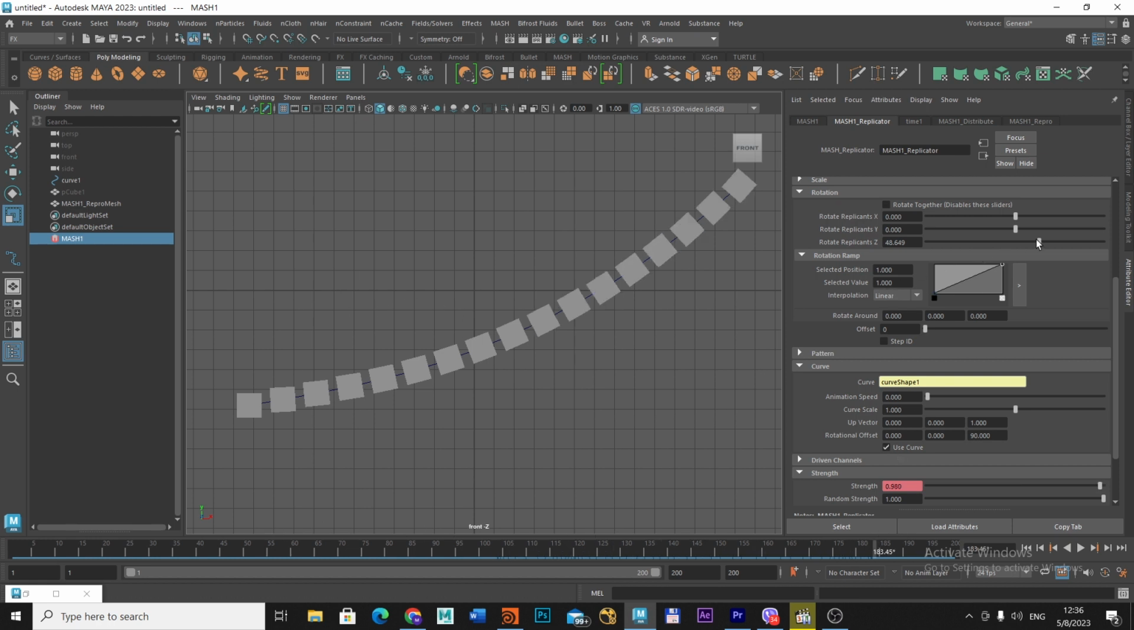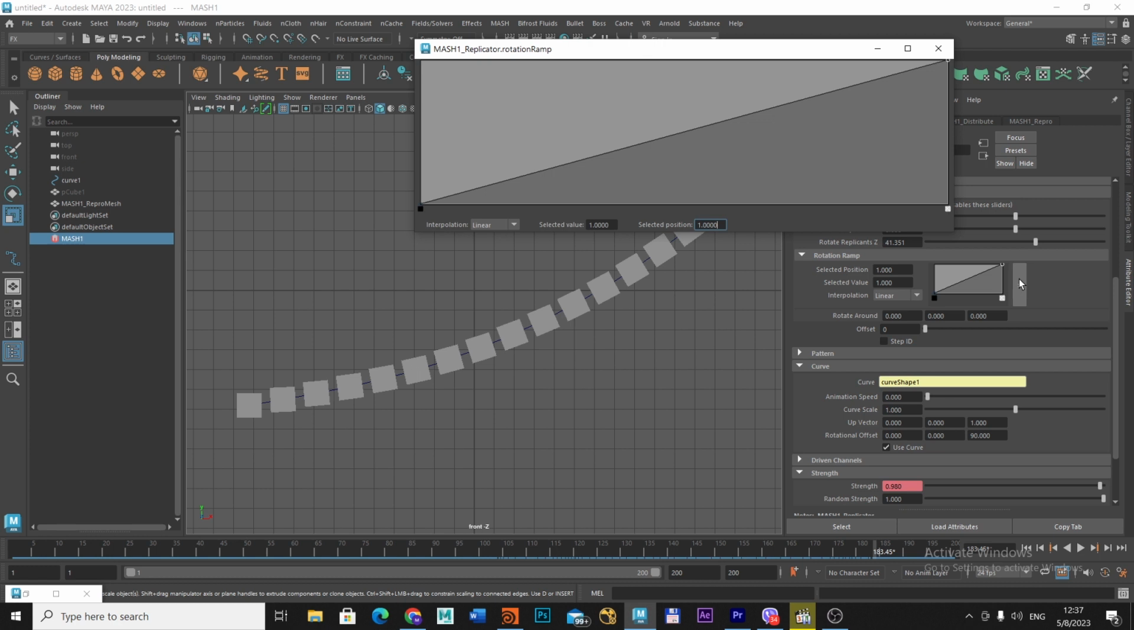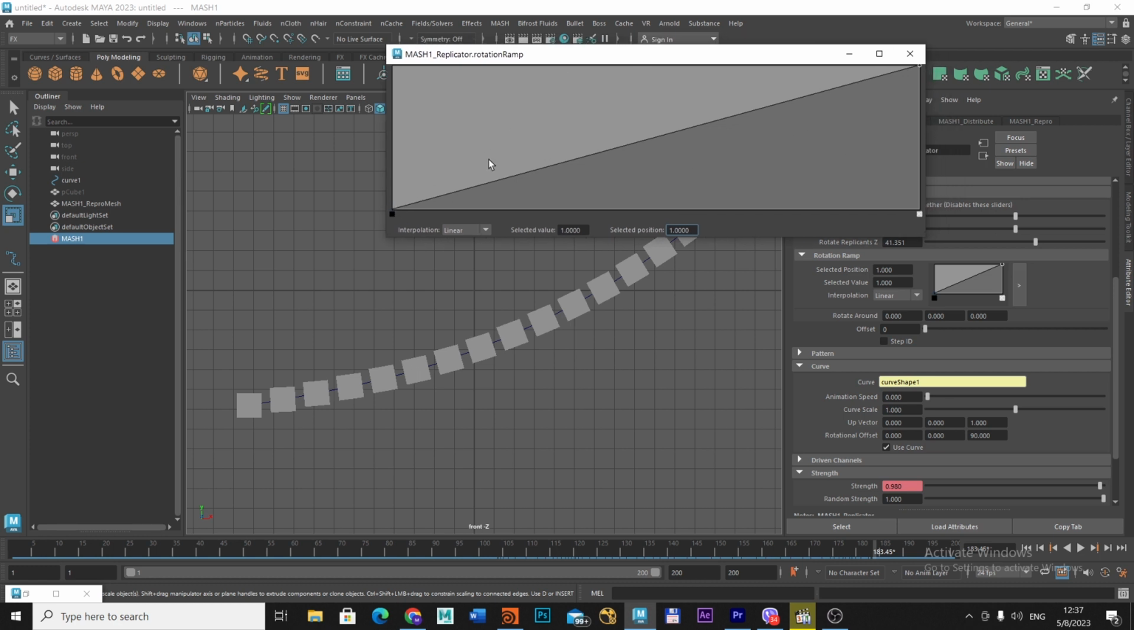and here in the parameters we will change the rotation. We need to change rotate replicants Z. Maybe let's change to 41. So now we have a decent result here. So if you would like to perfect the rotation more, we need to open the replicator rotation ramp, and this rotation ramp allows